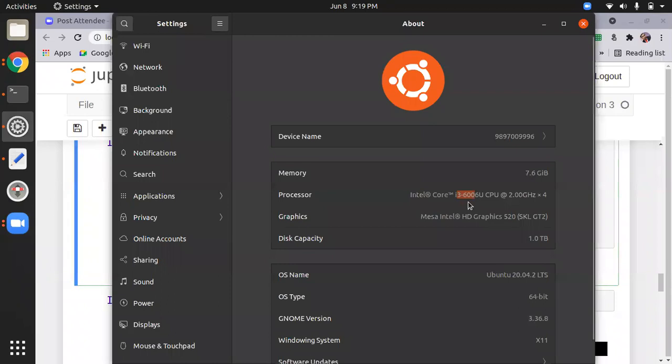But we need Google Colab anyway, because we have some projects which need Google Colab. Otherwise, i7 gives you the output in 30 minutes, so speed is the matter here. And Google Colab works on TensorFlow processing units, TPU.